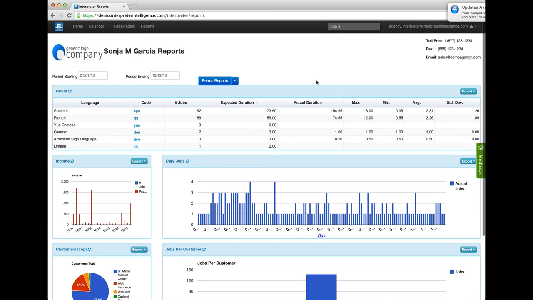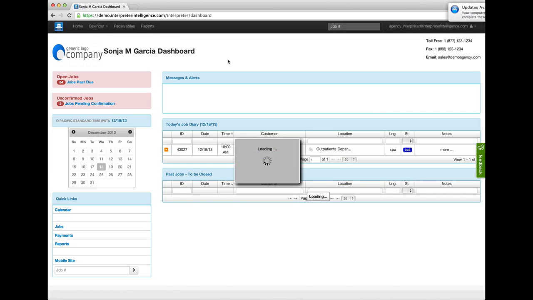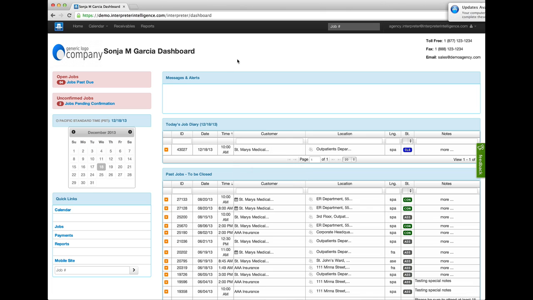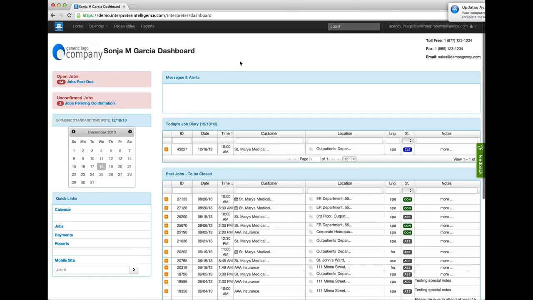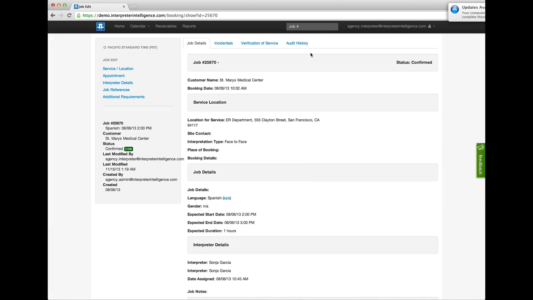Okay. So the last thing to talk about before I wrap this up is that you can easily locate a job that you've been assigned. So for instance, if you have a job ID, and we'll take this example here, 25670, if you have that number, you can very easily and quickly jump to that by entering it in the search box in the header. So if I type in 25670, hit enter, we'll then load the job details screen for you to review the